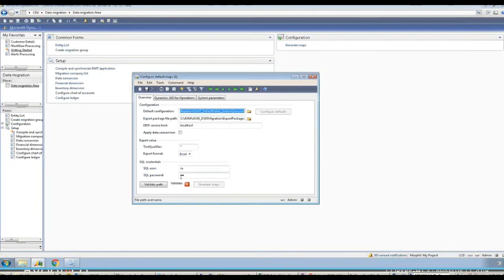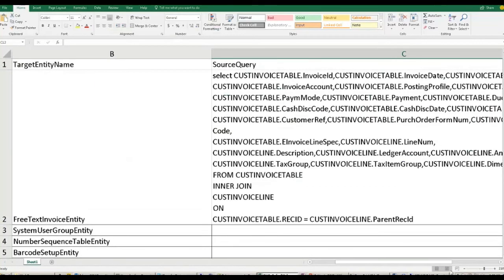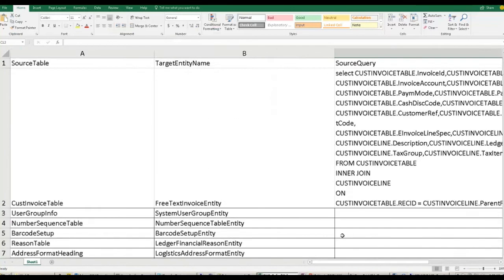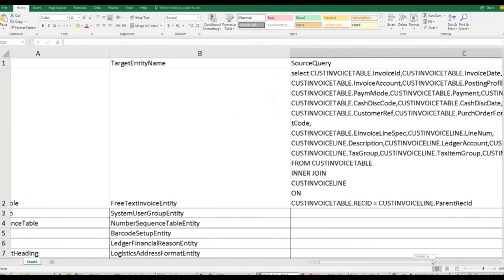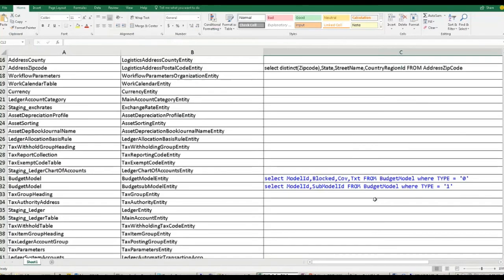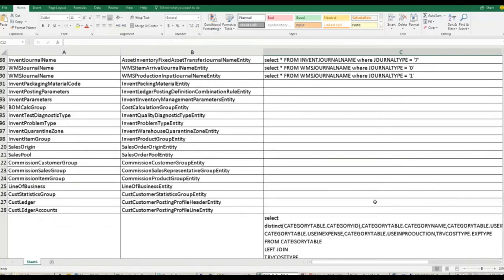And it does ship with this configuration file. So this is the configuration file here. If you wanted to bring in your open sales orders, there will be a source query there which would be your open sales orders, and you can modify this.